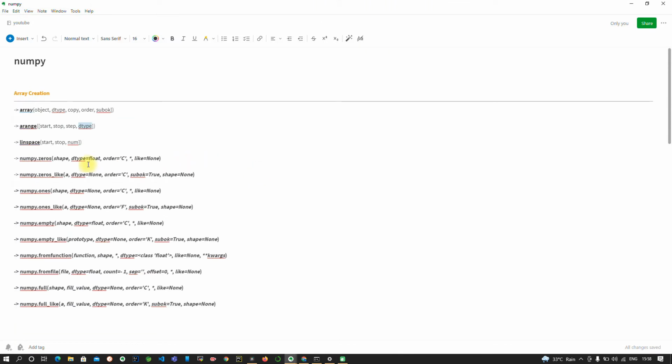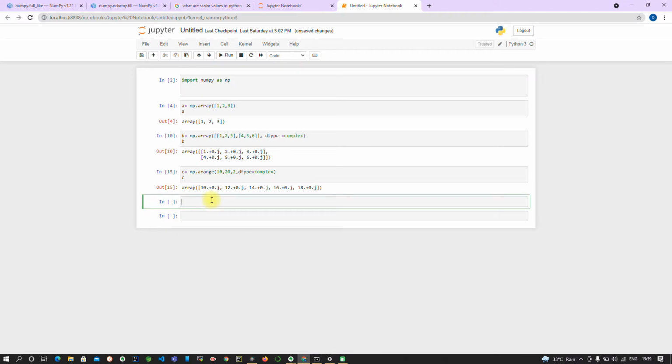But there is another method, linspace. What is the difference between arange and linspace? Here we are mentioning a step, but in linspace we don't mention a step. We explicitly enter how many numbers you want between these two intervals. So let's use linspace: d equal to np dot linspace.